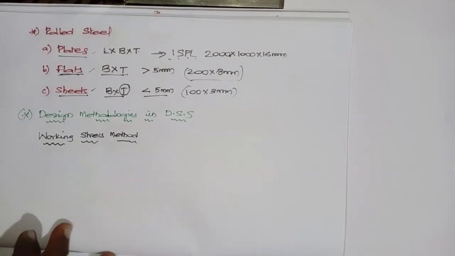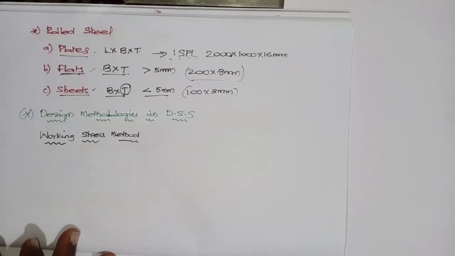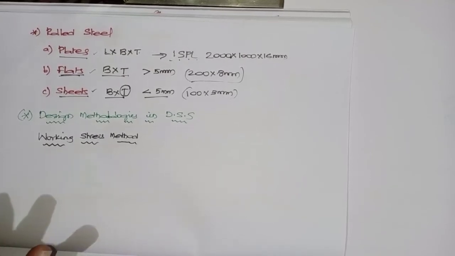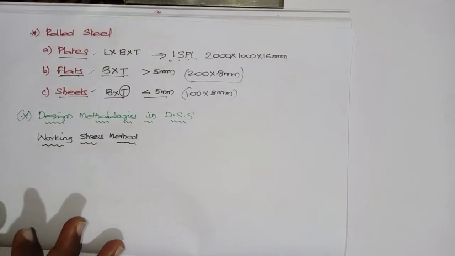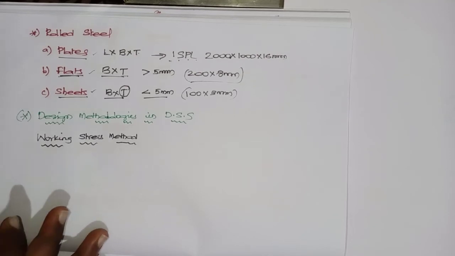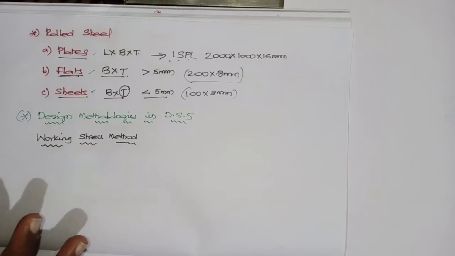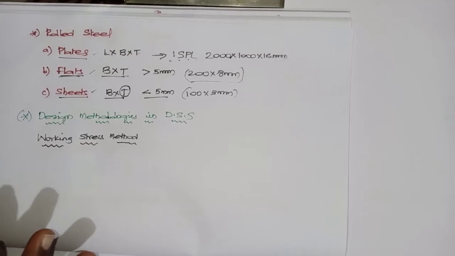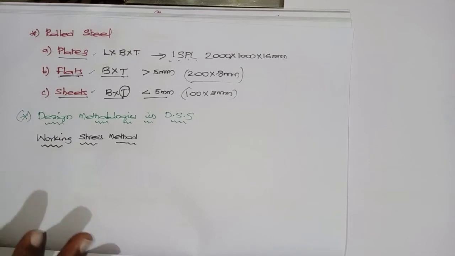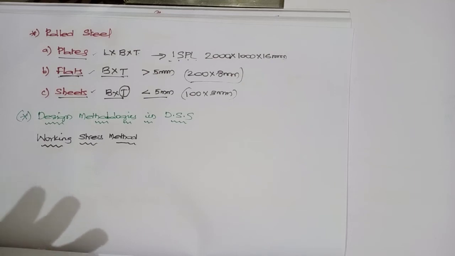day-to-day construction field. Now here the geometrical properties I have discussed in the earlier class, the properties such as what? Cross-sectional area, its weight, its dimensions, its centroid, moment of inertia, radius of gyration, section modulus, all these are available in what? Steel table book. So without the steel table book, we are not able to solve any type of problems.